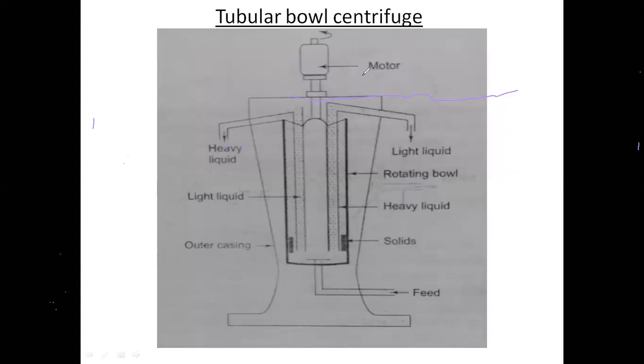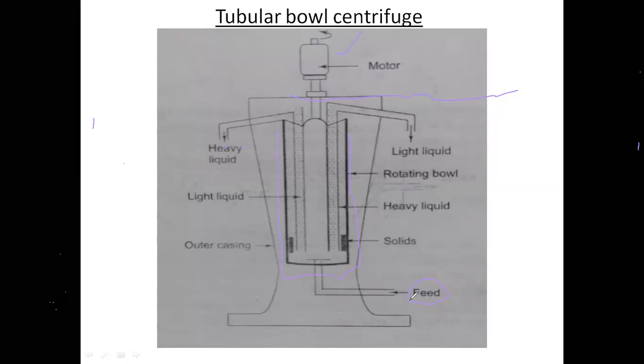Here we have the motor at the top. This one is the cylindrical tank which rotates during the centrifugation process. Feed enters at the bottom of the tube. Whenever the feed enters the cylindrical tank while it is rotating, this tubular bowl is mainly